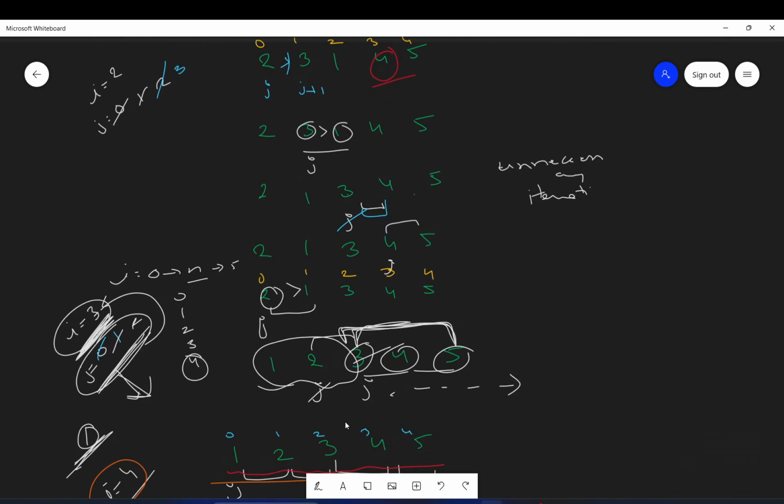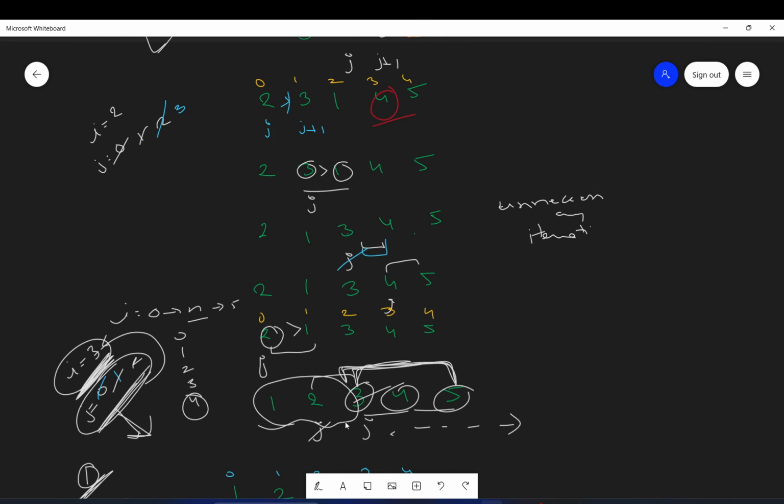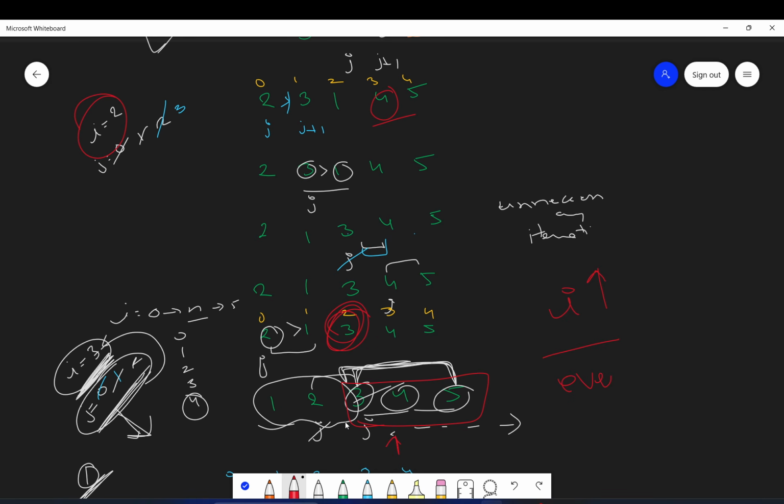And when we do the i is equal to 2 iteration, we got our third largest at the correct position. Similarly, as the i value increases, more and more elements go to the correct position in every iteration.